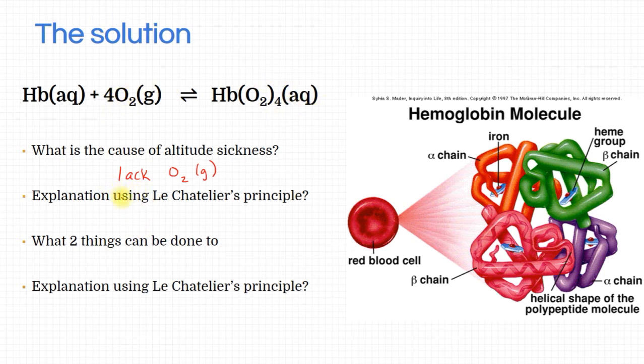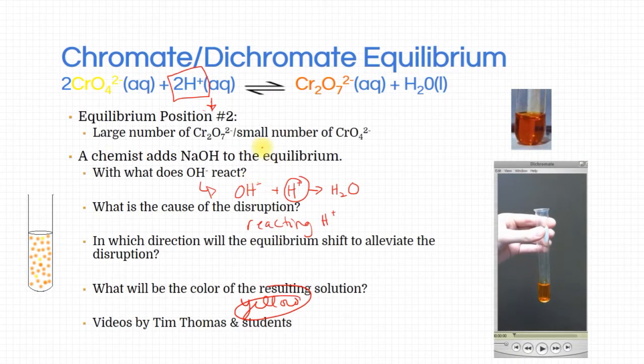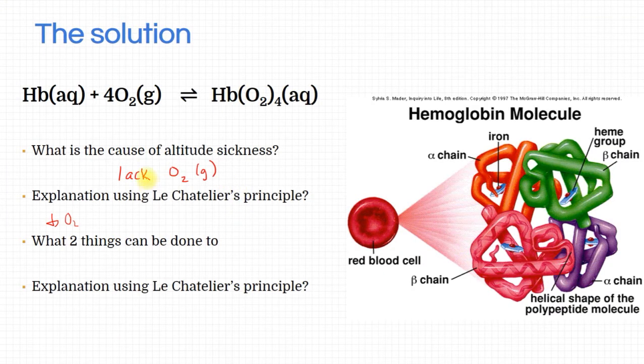Okay, so here we have the reverse problem. So O2 goes down, so we're losing a reactant. That's kind of like this simulation, right? We lost a reactant here, and we see that it went from orange to yellow, so it went towards the left. When we lose a reactant, it shifts left,